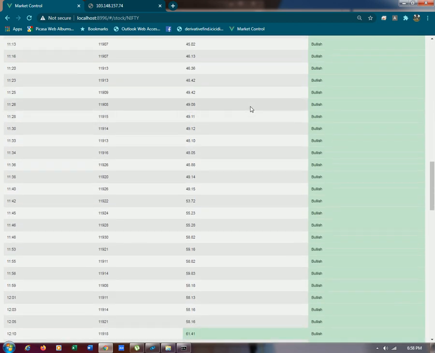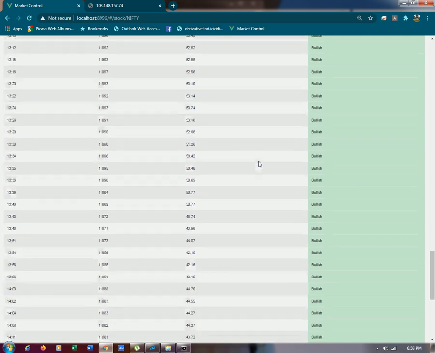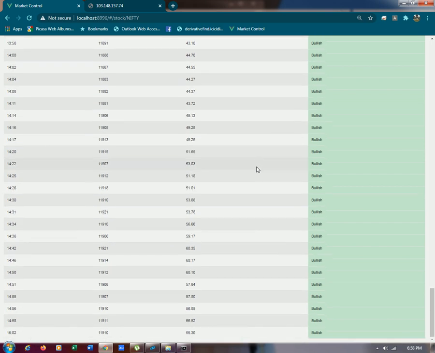And if you are not willing to wait for confirmation by column number 4, and if you are an aggressive trader, you can even use column number 3, and it also works fine. So this is the way of tracking the stock in our system. The system is very simple, and you can get a very good idea for any stock.